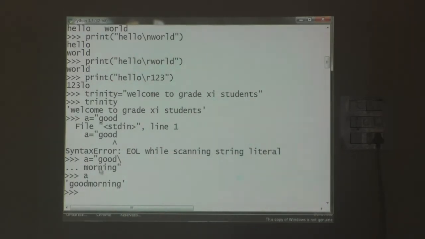That's not a problem. If we want to give the string in multi-line, the first way we can use is the backslash character. Before we are pressing the enter key, we should use this backslash. Then after pressing the enter key, we can type the text continuously in the next line. Okay. Then another way is triple quotes. We can give the multi-line string by using triple quotes. I will explain.